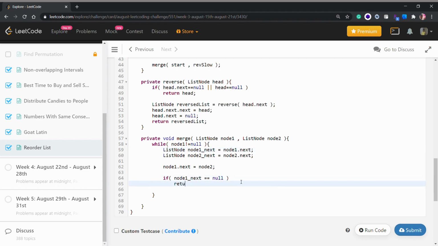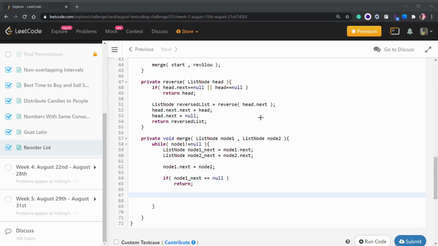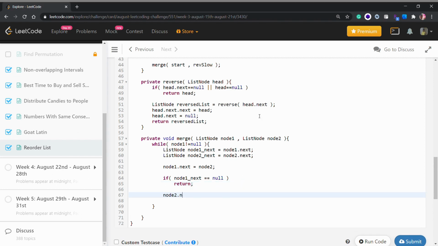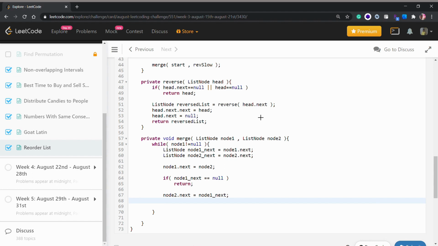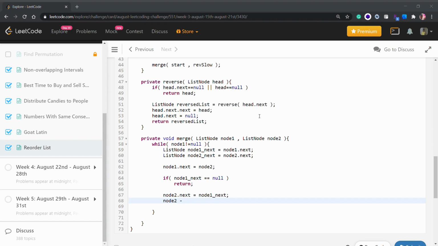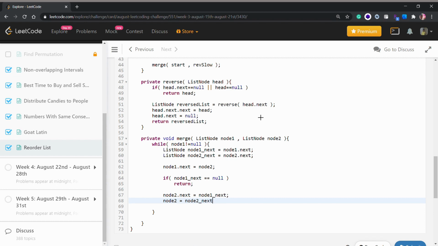We will just return from our method, and now our node2.next is equal to node1_next, and our node2 is equal to node2_next, and our node1 is equal to node1_next.